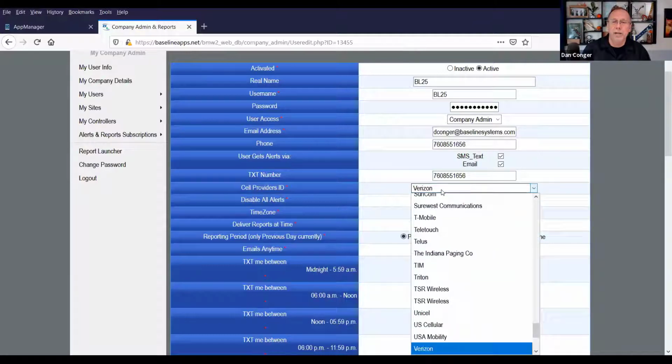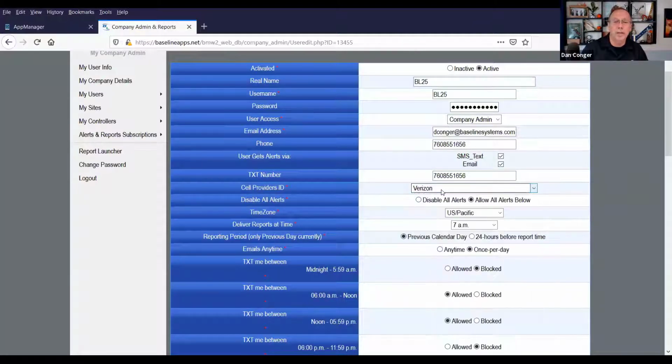The cell provider needs to be clicked on from that drop-down menu. And then, most people get this right, but what sometimes people miss is this disable all alerts right here. If this is clicked, I could set everything up and I'm not going to get a single alert sent to my phone or to my email. So I need to allow all the alerts below, assuming I want to get alerts. Now, my training controller has lots of problems in it, and it's purposely set up that way. I don't necessarily want to get those alerts, so I might disable those alerts. But